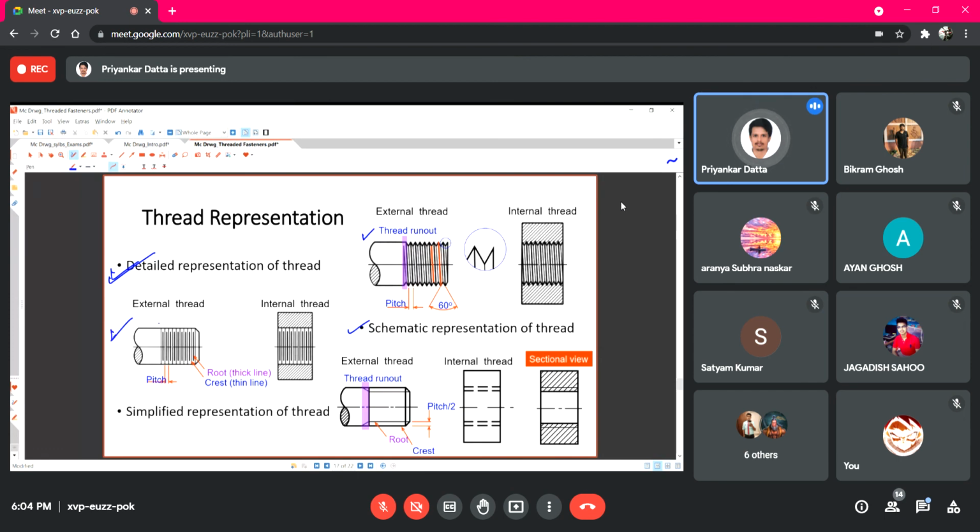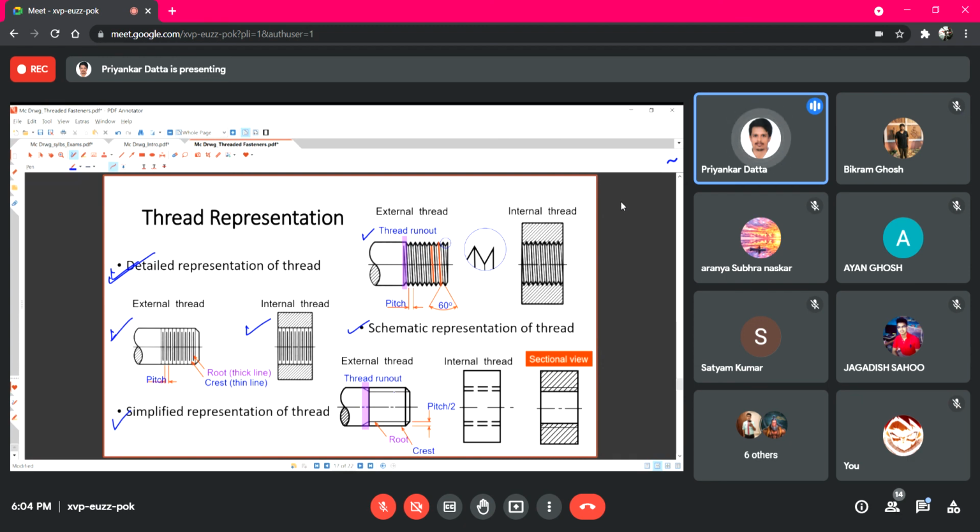In some books, design books and some problem solving cases, you might come across these types of drawings. But what we use in engineering drawing or machine drawing is the simplified representation of thread.